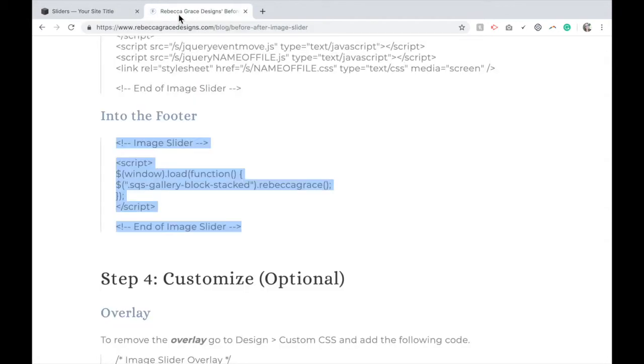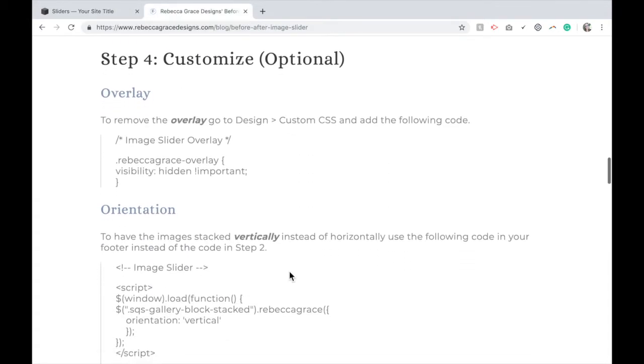So step 4 is optional, and this is to customize your slider. So if you feel that there's some things about it that you want to change, I've provided some custom CSS here to help you really alter this slider to meet your needs. So if you do not want that overlay, the before-after words that pop up and kind of darken the image, you're going to copy this,